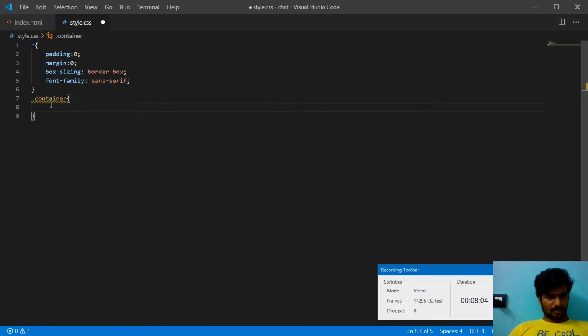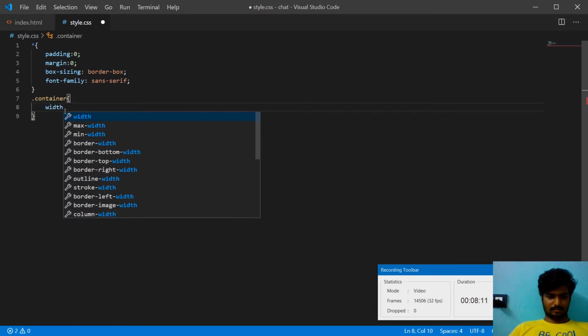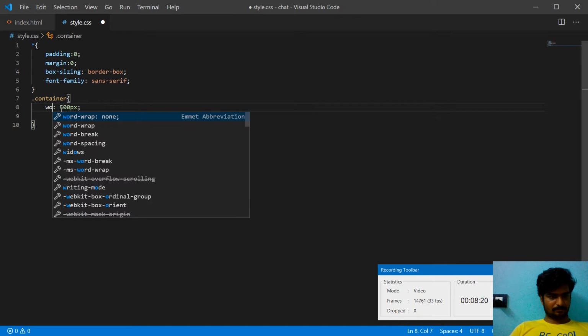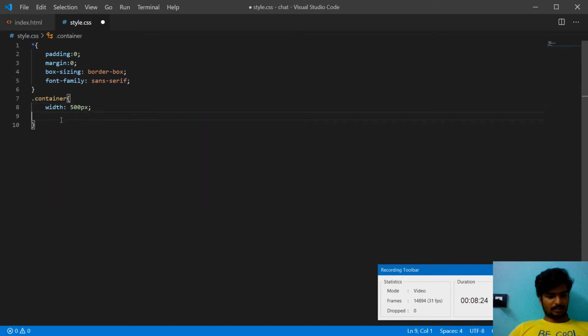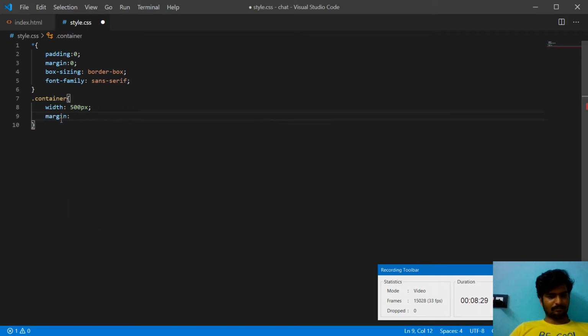we have properties like width, because it needs to be fixed width. And we can have a margin. Let's make it auto. And next we have a